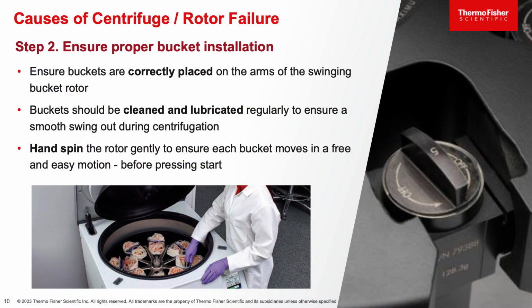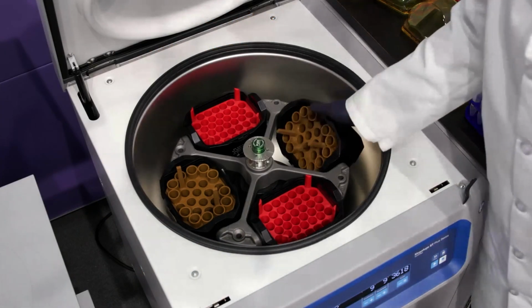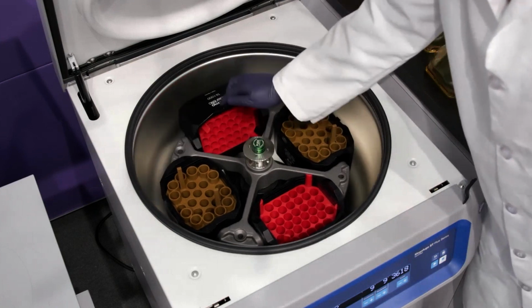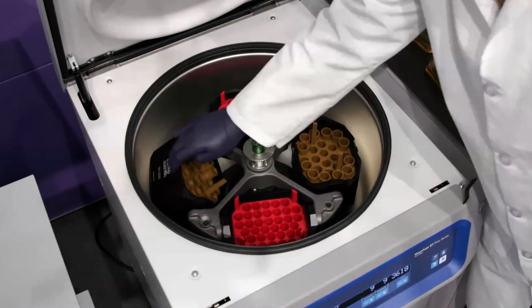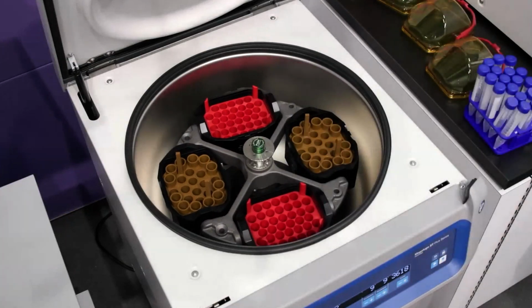Aside from also ensuring that the rotor is properly attached, you also want to make sure that the buckets on the swing out rotors are correctly placed, cleaned, and lubricated to ensure that the buckets swing freely during centrifugation. If a bucket is stuck and doesn't swing freely, this results in severe imbalance and could cause major damage to your centrifuge and rotor. As Megan is demonstrating, she's seeing that the buckets swing freely and go back to their